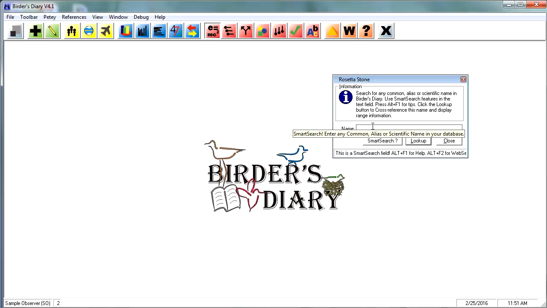When typing into a Smart Search field, it first tries to do an exact match on what you have typed. If that fails, it tries to find the name that starts with exactly what you have typed. And finally, if that fails, it tries to find the name that contains the string you have typed in, anywhere in the name. Also note that any non-alphanumeric character, that means any character other than the digits 0 through 9